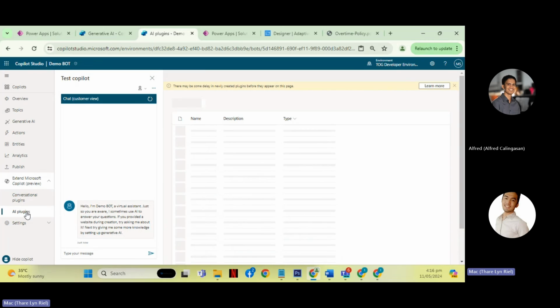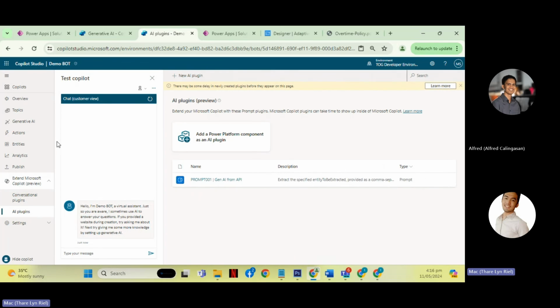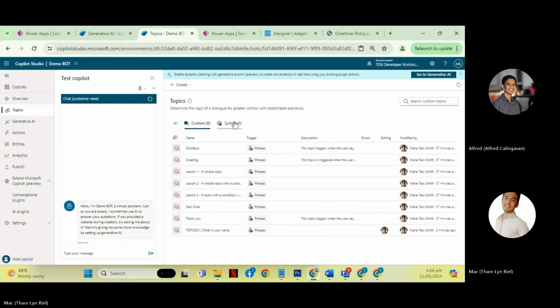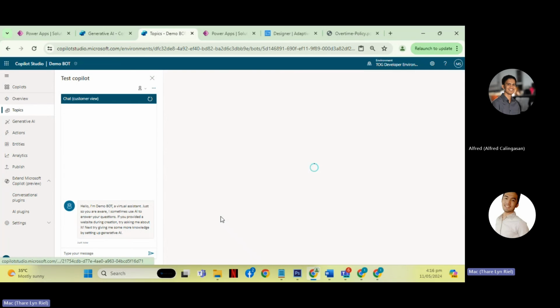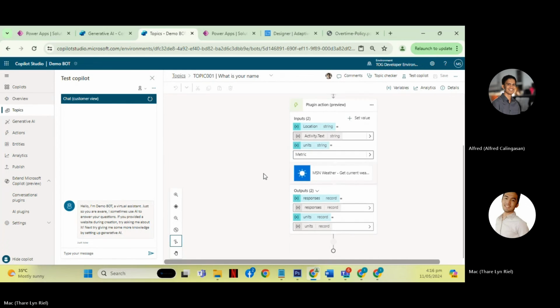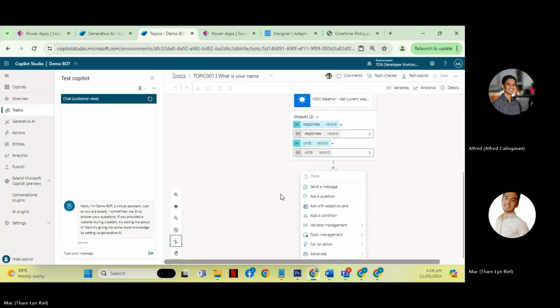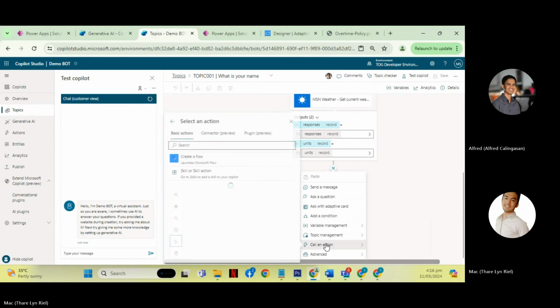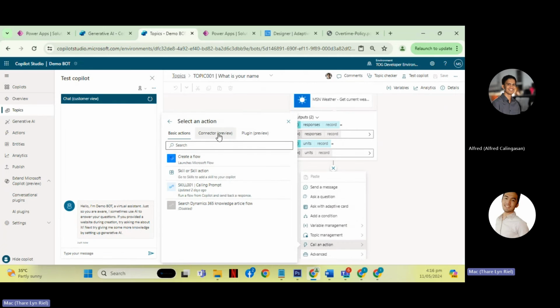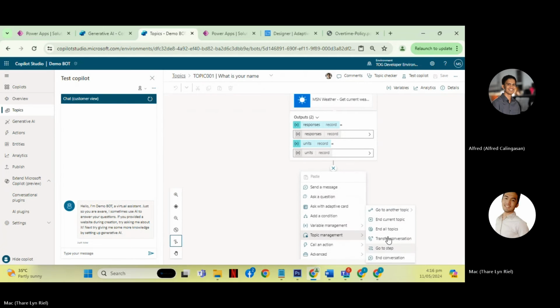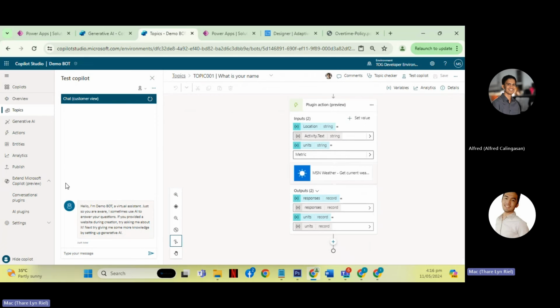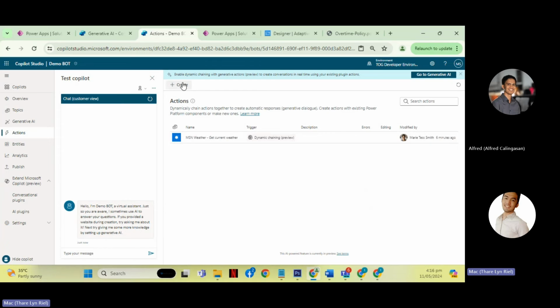And then this AI plugin cannot be used directly on the topic. So if you can see, let's try to use that. Even in advanced, you cannot call an AI plugin. So it's none. To use the AI plugin, you need to create an action again.